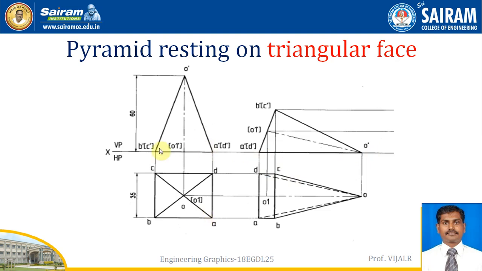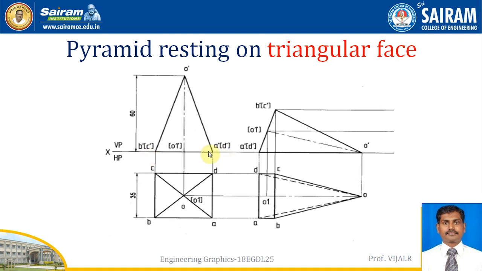That's all. First draw the initial position by keeping edges here, and we will draw the front view. Now this AO, the same way you did in the corner slant edge position, we are going to do it now, because it is the triangular face. When we are seeing from here, this is the face it is.